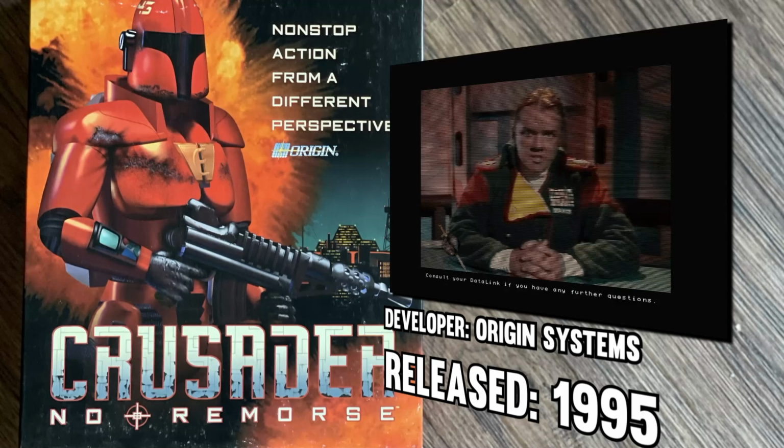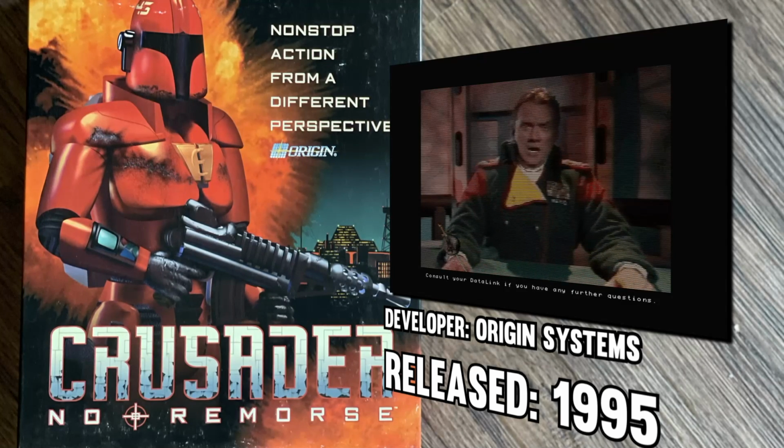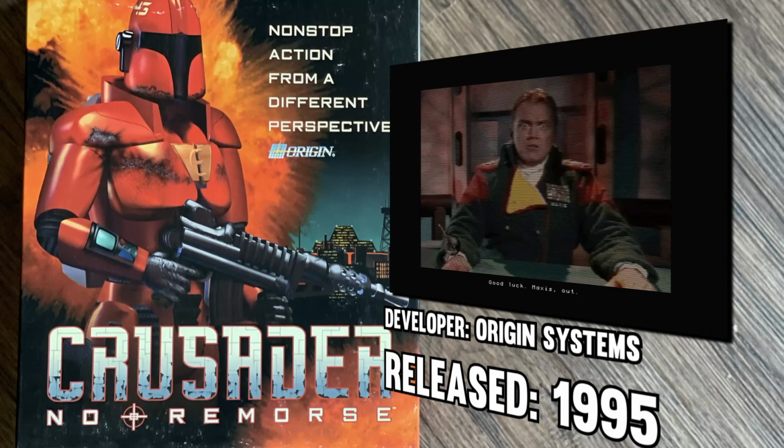Most open from the top like a normal box. But this is Crusader: No Remorse by Origin Entertainment. You may know them from the Wing Commander series, or more recently, at least a lot of the members of Origin went on to work on Chris Roberts' new thing, the game Star Citizen, the game that'll never be finished. But this is an XCOM-style, turn-based kind of hero strategy game where you're controlling your unit